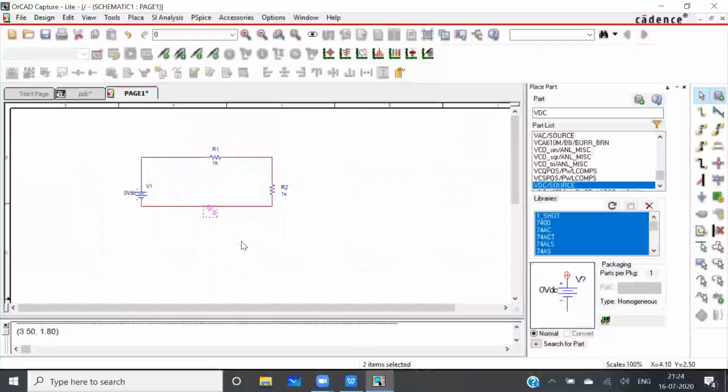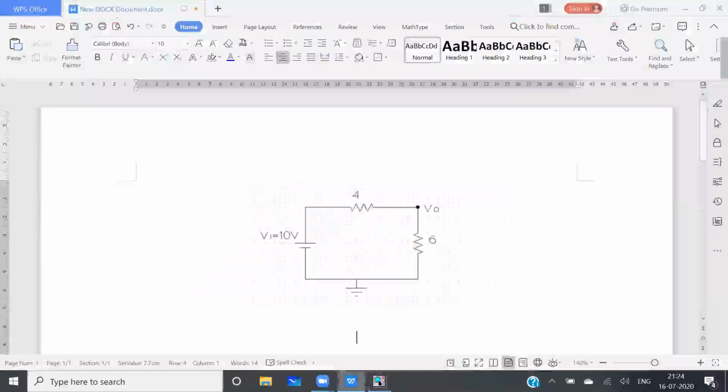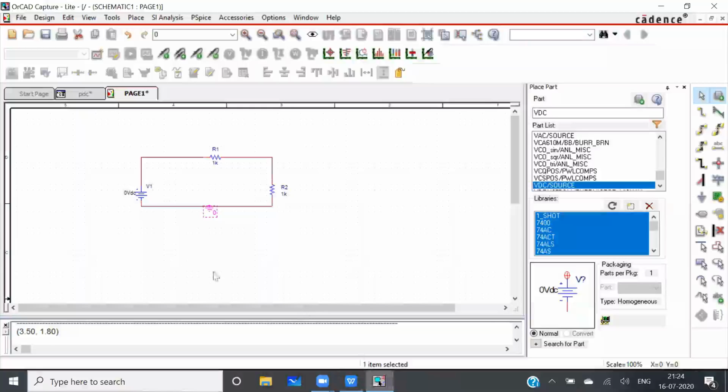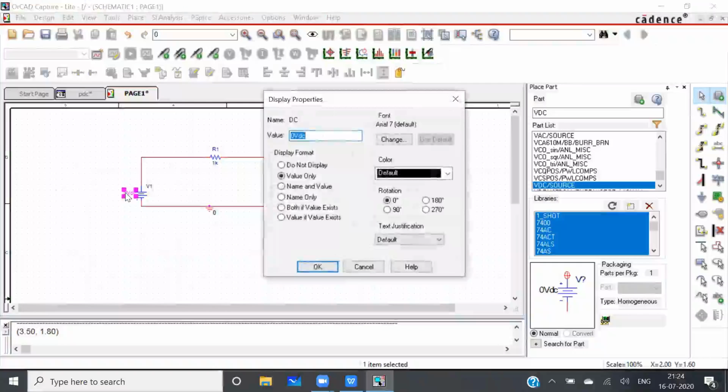So my design is complete now. But in this design, my DC voltage source has to be 10 volt. This resistance has to be 4 ohm. This resistance has to be 6 ohm. So I need to change these values. So if you need to change the values, first you need to select this, then double click on this.